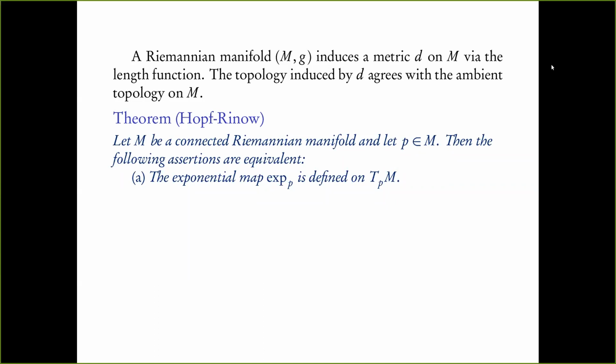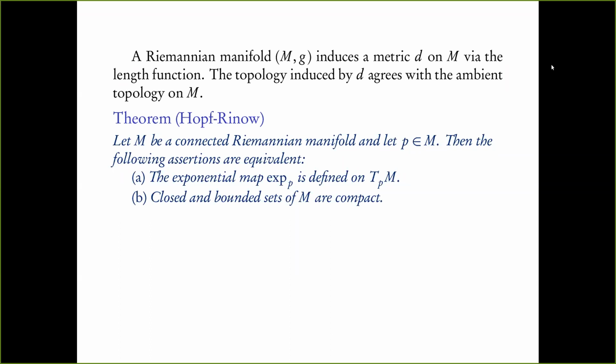So what is the first assertion? That you look at the exponential map exp at P. The assertion is that the exponential map is defined on T_P M. Typically the exponential map is only defined on a small neighborhood of the origin in T_P M, but you're assuming that it is defined on the whole tangent plane, which simply means that if you have a geodesic with some initial velocity at P, then the geodesic exists for all times backward and forward. That's what this means.